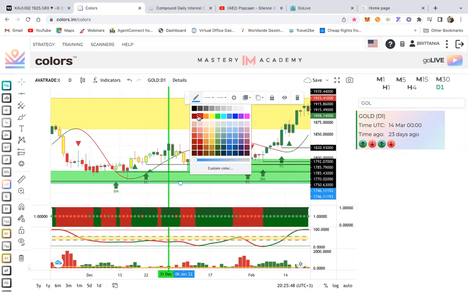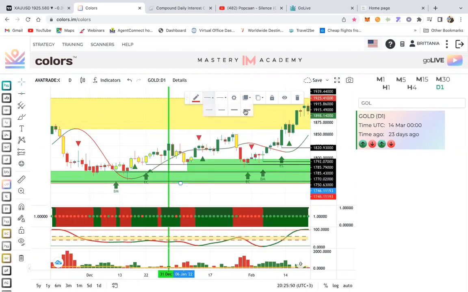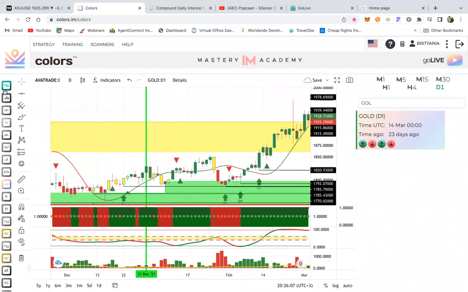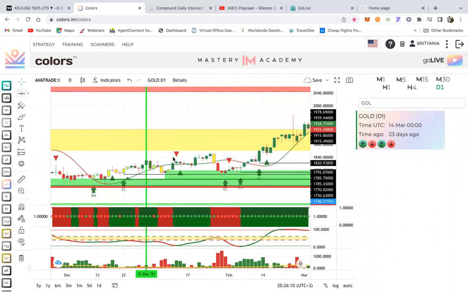So let me put this red and fix it so you guys can see. Boom. So you put your stop loss right underneath here. Remember, you would have already been in the trade, but your stop loss goes underneath the green box. All right? Boom. Catch it good and quick. Where does the stop loss go, guys? I'm doing it as simple as possible. Your stop loss goes underneath the green box or underneath the EC.